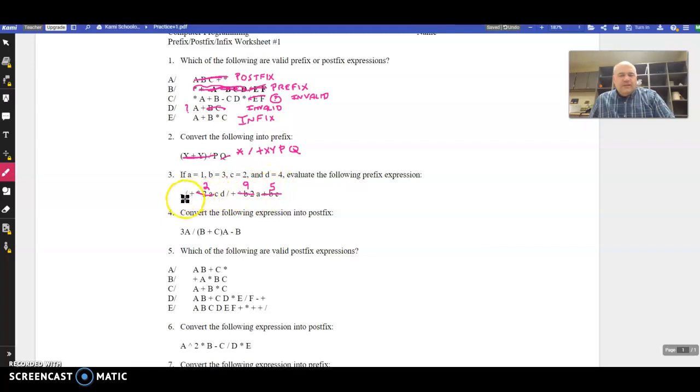Okay. Let's do second pass. Plus 2D. D is 4. So the plus 2D is going to get me 6. Plus 9A. A is 1, so therefore that's going to be 10. And that's it for that pass. So we go through again. Divide